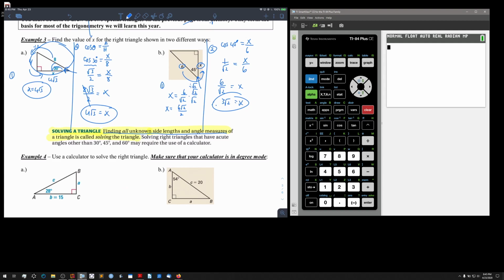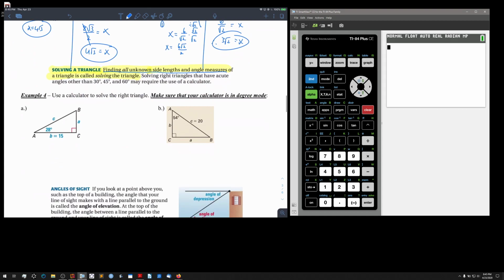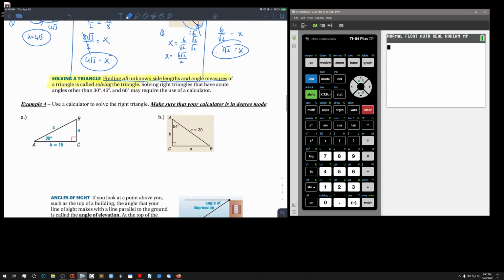And the second part that students had issues with was labeling a triangle. So they really didn't understand how to label a triangle. If you have a right triangle, or any triangle for that matter, we label the triangle. Now, if it's a right triangle, we usually say let this be C because it's a hypotenuse, and we associate letter C with the hypotenuse from the Pythagorean theorem. So in a right triangle, capital letter C is the right angle, and then the side opposite that is lowercase c,